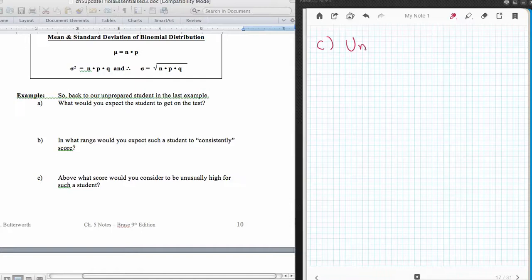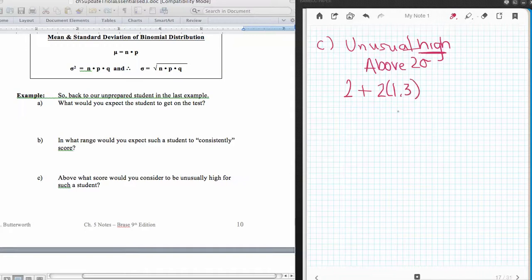Well, unusual is telling you that you want something outside the 2 standard deviations. So above the 2 standard deviation point. So what we have to do is find that computation for 2 standard deviations. So the mean, 2, plus, because it's above, right, high, so above 2 times the standard deviation of 1.3, so this is 2 plus